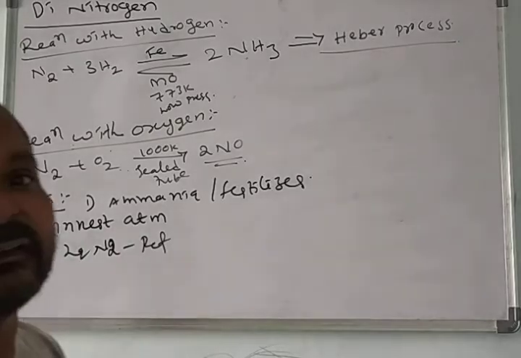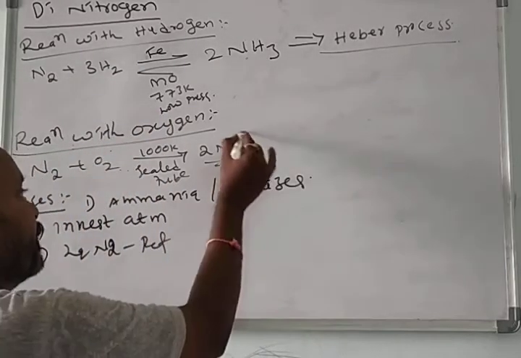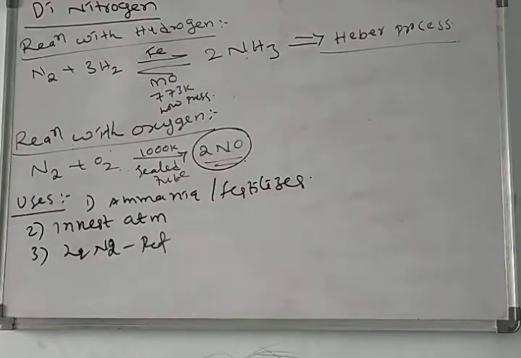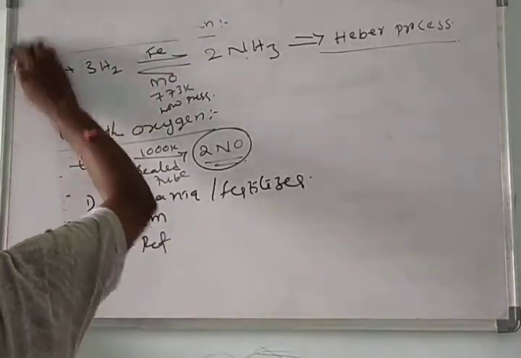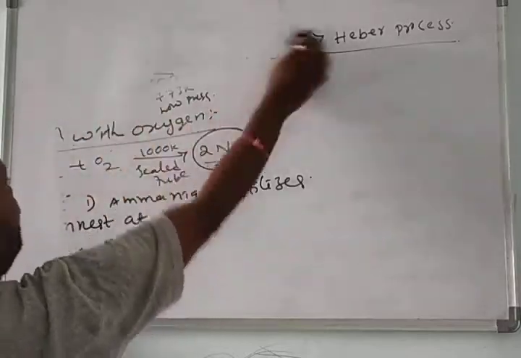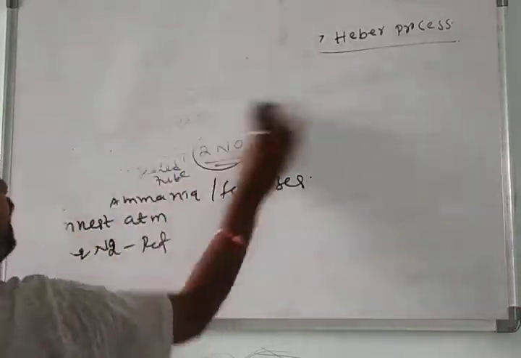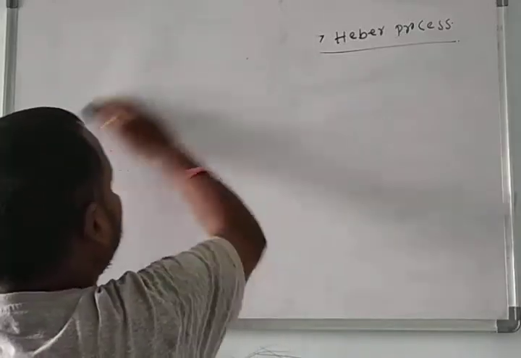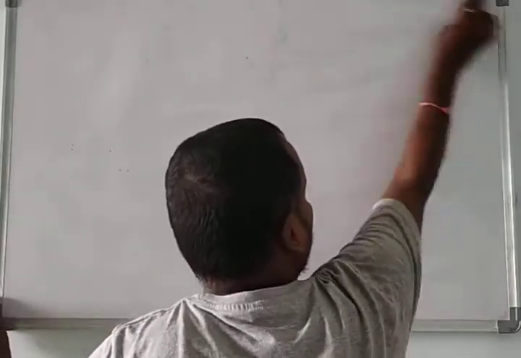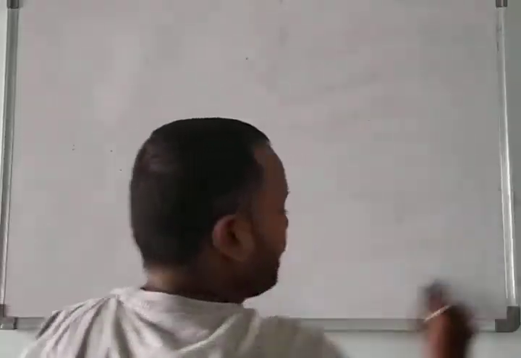Then in continuation we'll see one more important topic, nitrogen oxides. Nitrogen reacts with oxygen and forms nitrogen oxides. I just want to explain how many nitrogen oxides there are, their oxidation numbers and their names. Tomorrow we'll discuss the structure and preparation of those nitrogen oxides and ammonia. Now we'll discuss the nitrogen oxides.